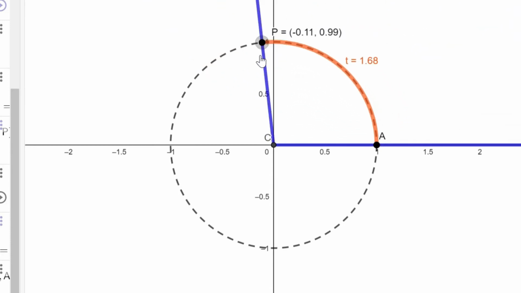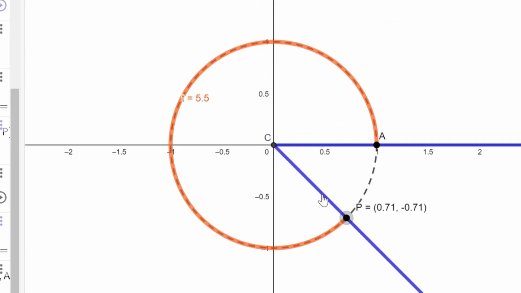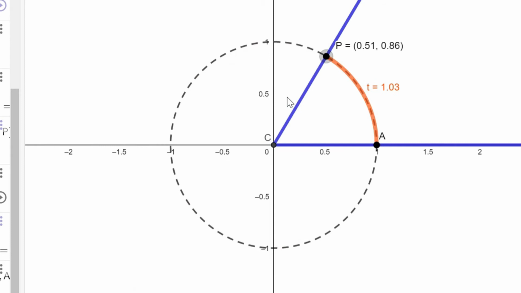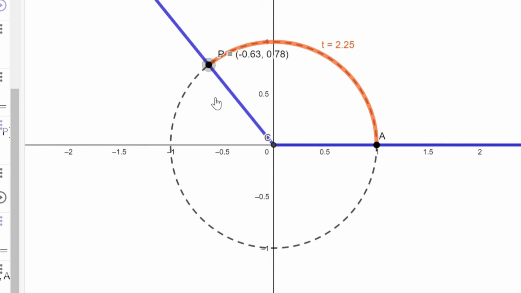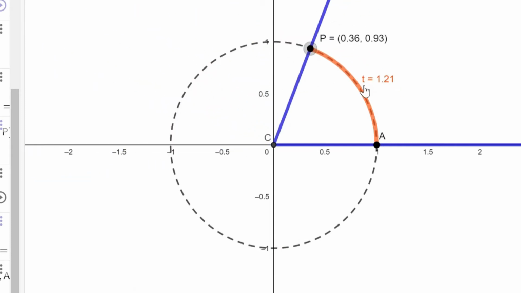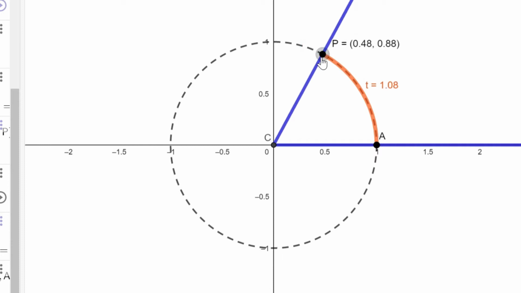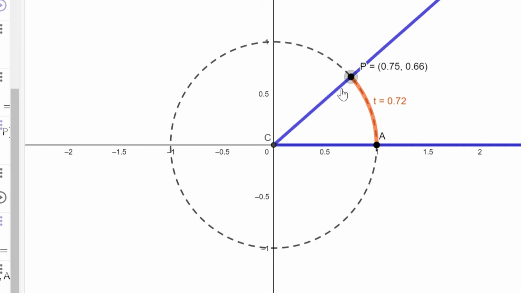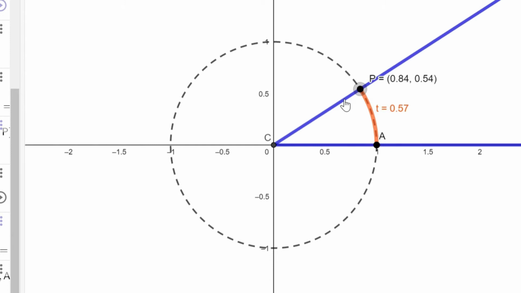While we are rotating the terminal side, that rotation is tracing an arc in our unit circle, and that arc has a corresponding length. In fact, the value of t here is the length of our arc. So let's say the length of our arc, or the radian measure of our angle, is pi over 3, which is approximately